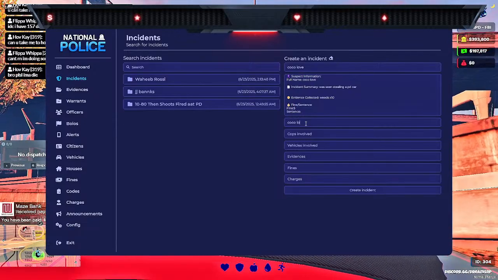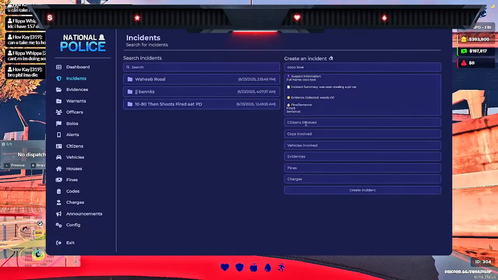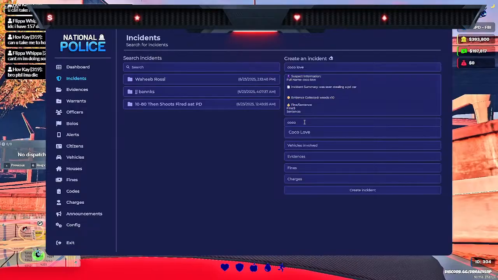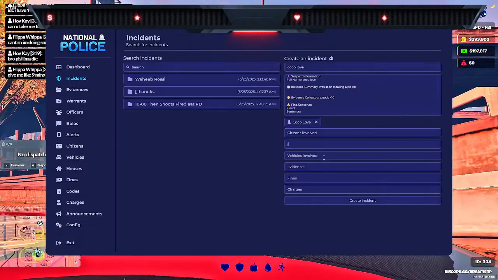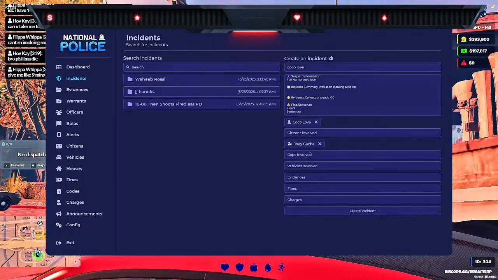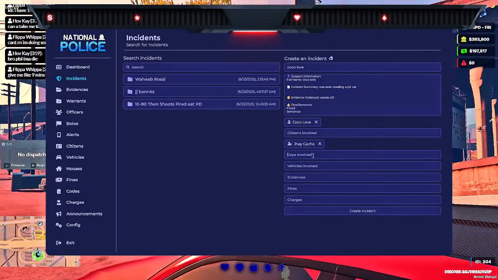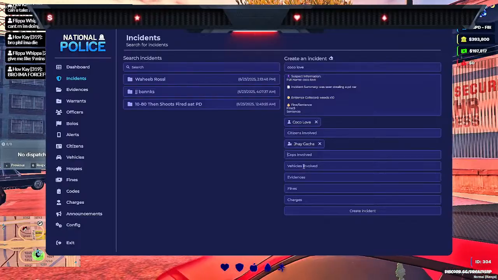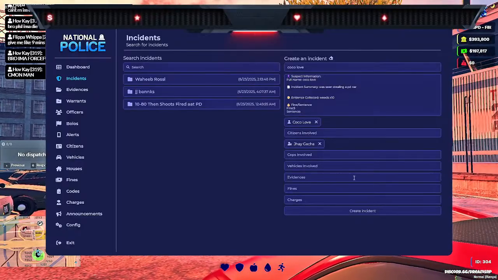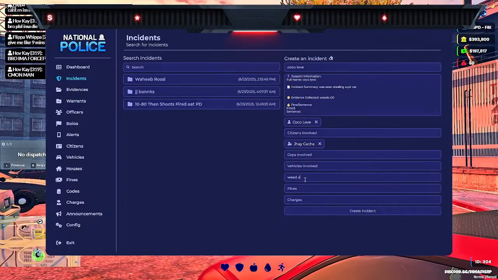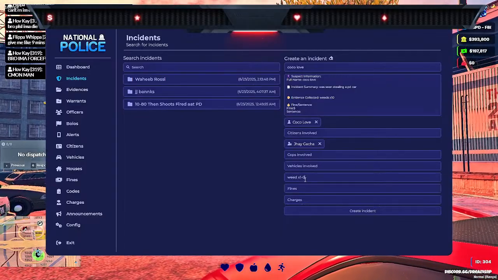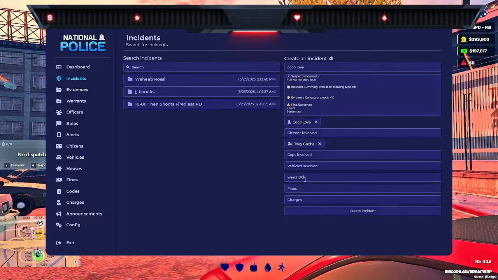For the citizen involved, once you put their name, it's gonna show up. And then cops involved, so basically me, I'm gonna put my name. And if there's any cops around you that helped you, you can also put their names. Being involved, you don't need to fill that up. Evidence, you could type here with timestamp and everything like that. And then for the